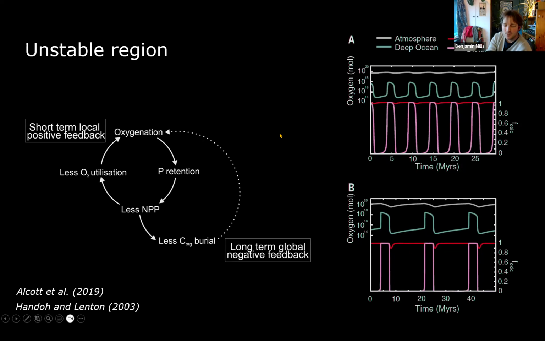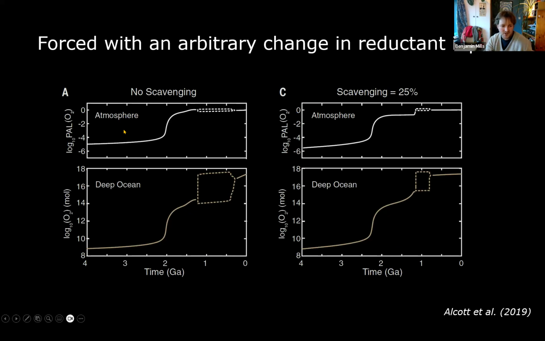So that paper was all about the dynamics between organic carbon, oxygen, and phosphorus. We did manage to produce some acceptable looking oxygenations of the atmosphere over this time. But we did this just by imposing a simple curve of reducing reductant input or arbitrarily increasing the weathering inputs of phosphorus. So we skipped all of these paradoxes because we were allowed to just have different amounts of reductant coming in without weathering more phosphorus. And we were allowed to weather more phosphorus without worrying about things like climate and CO2.